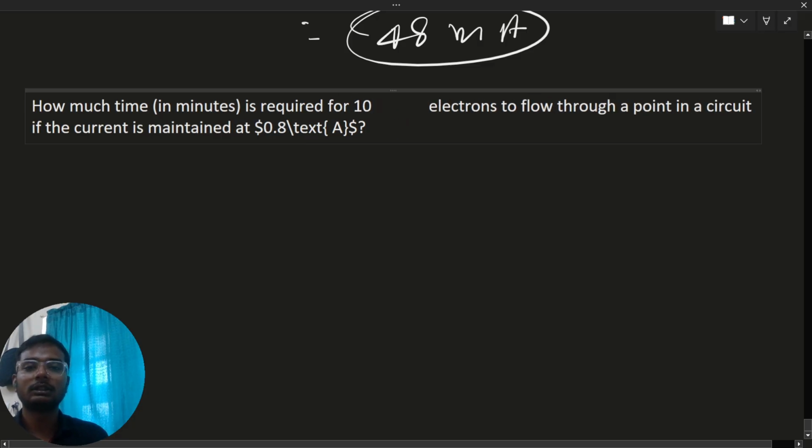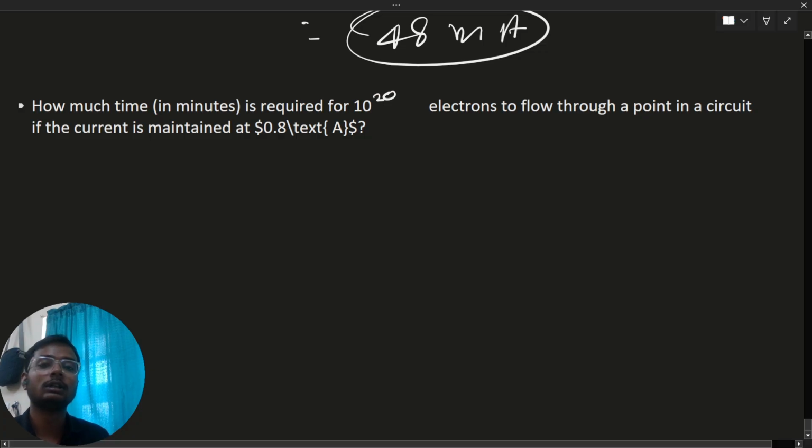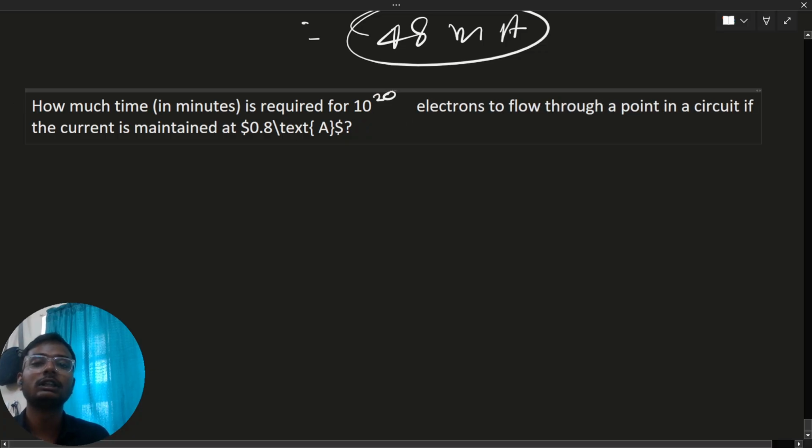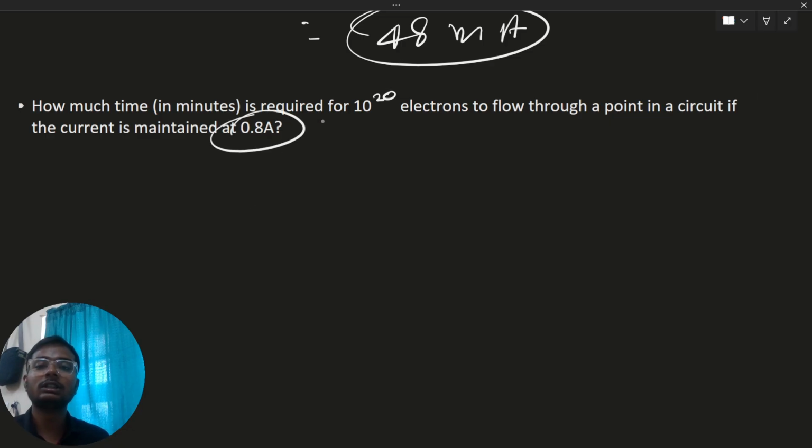ये 10 to the power, मैं लिख देता हूँ 20, 10 to the power 20 electrons हैं, to flow through a point in the circuit if the current is maintained at 0.8 ampere। करंट की वैल्यू दी हुई है, देख लो क्वेश्चन में क्या दिया हुआ है, इलेक्ट्रिक करंट और नंबर ऑफ इलेक्ट्रॉन्स दिया हुआ है, कितना टाइम लगेगा, टाइम इस बार पूछ रहा है। ठीक है, ट्राई टू सॉल्व करने की कोशिश करो खुद से, और हम इसका सॉल्यूशन देखेंगे नेक्स्ट वीडियो में।